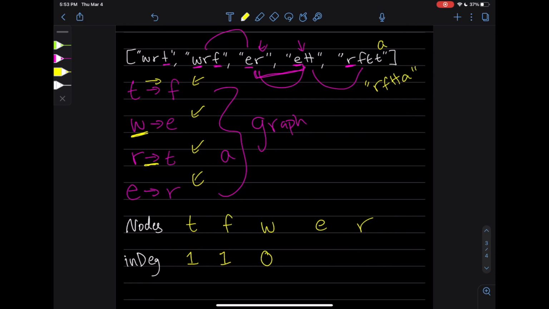Now let's look at E. E is right here. There's one edge going into E, so E has an in-degree of 1. Now let's look at R. R is right here. R has one directed edge going into it, so R has an in-degree of 1. Okay, so now we have our nodes, we have the in-degree of all our nodes, and now let's just go